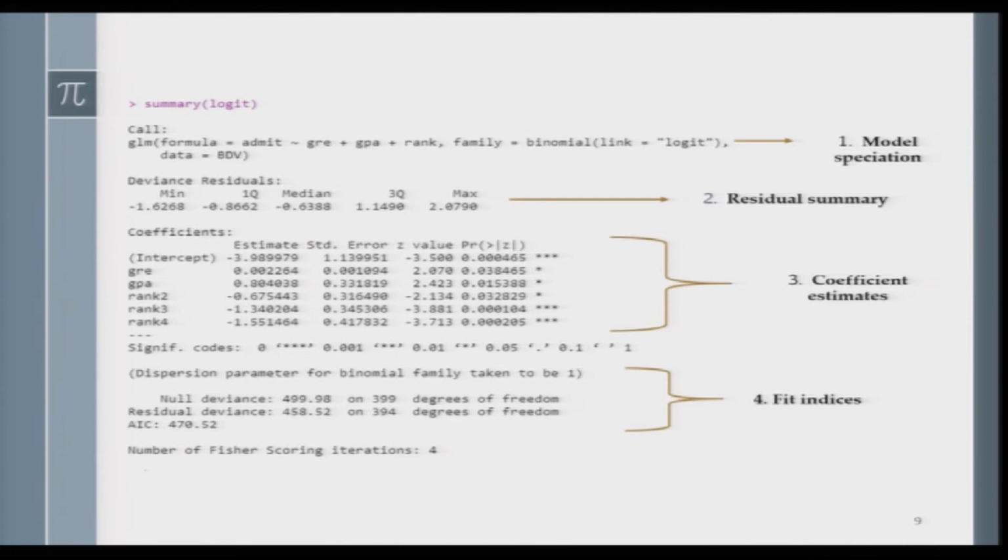Now, what do we actually mean by this number of iterations and this Akaike information criteria? Why are we not getting the familiar measure R square? Note here we are not running an OLS regression. So, you should not expect R square to be derived here.